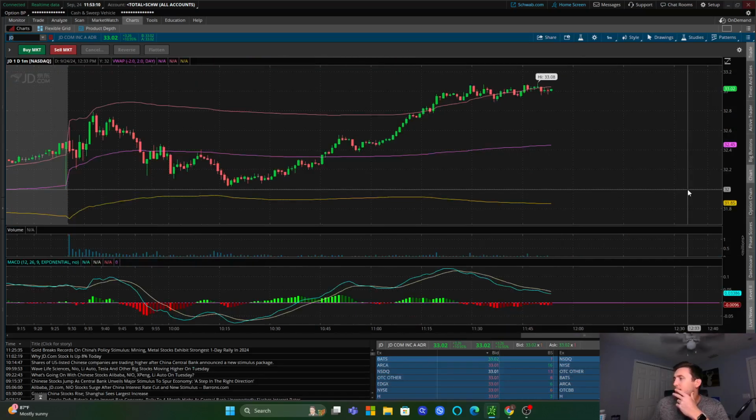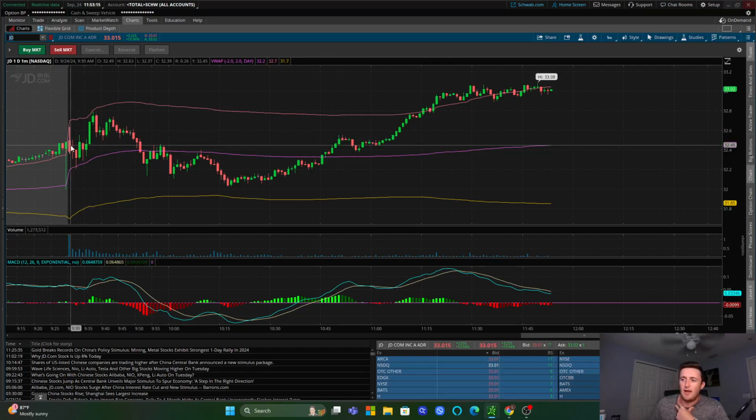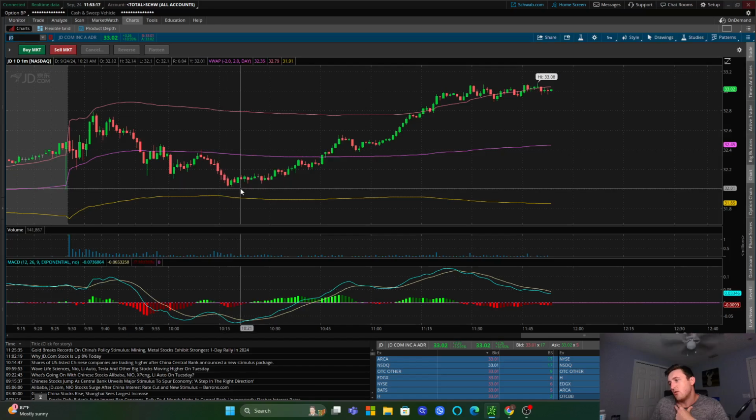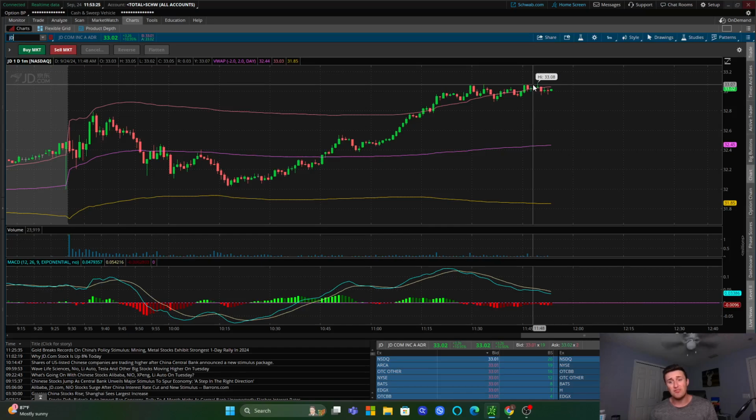So if I go to JD and zoom in, you can see we ran up a little bit in the pre-market, or sorry, right at the market open. We sold off midday, and now buyers started coming in at 10:24, and as you can see, the stock has rallied since. So if you find stocks that are moving major moves in the pre-market, like 6, 7, 8%, and